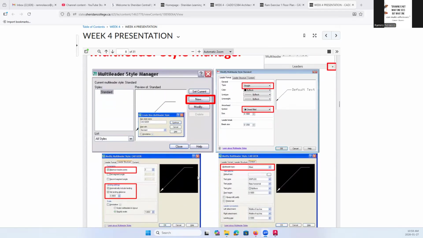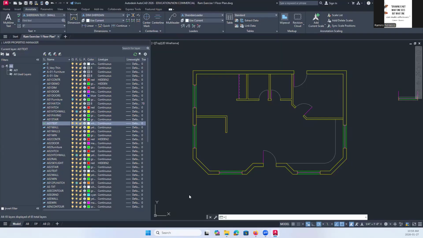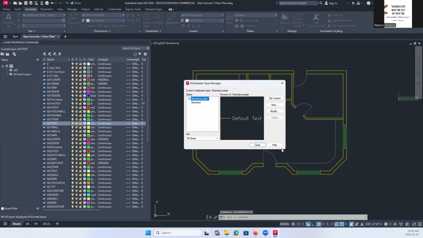So what I want you to do is go to your AutoCAD file and just type ML, that's the shortcut key, and then select M leader style. Now, it could be found under annotate, this command, right?